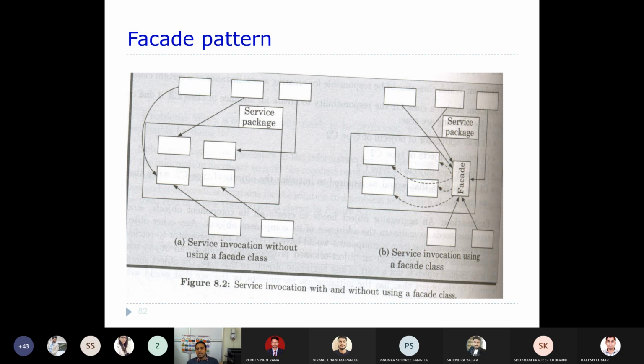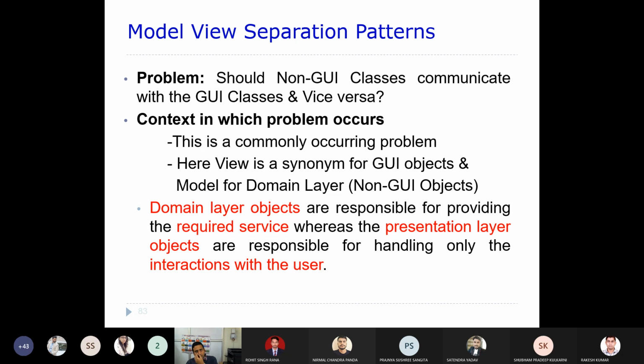That is what the facade thing is all about, right? So now there is something called model view separation patterns, right? So here we try to discuss some of these